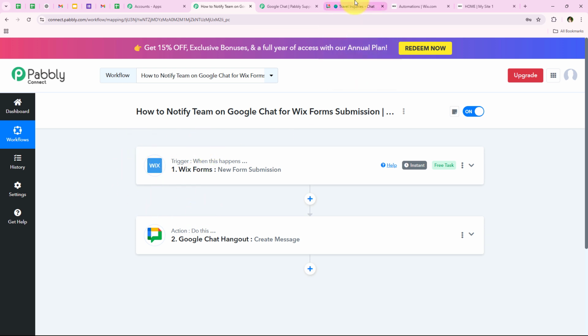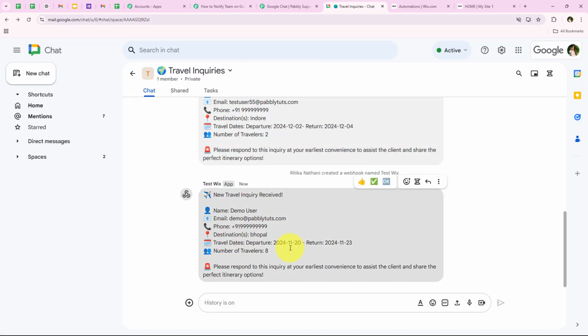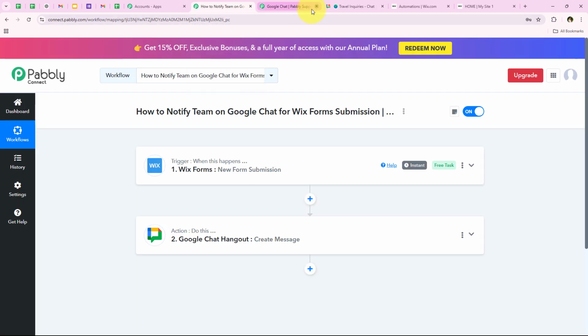And yes, I'm going to open my Google Chat, and you can see a new message sent. You can see "new travel inquiry received." You can see the name, email, phone, destination, travel dates, number of travelers, and the same message which we entered. So with this we have successfully completed our workflow, but I'll just test this workflow once more, and this time